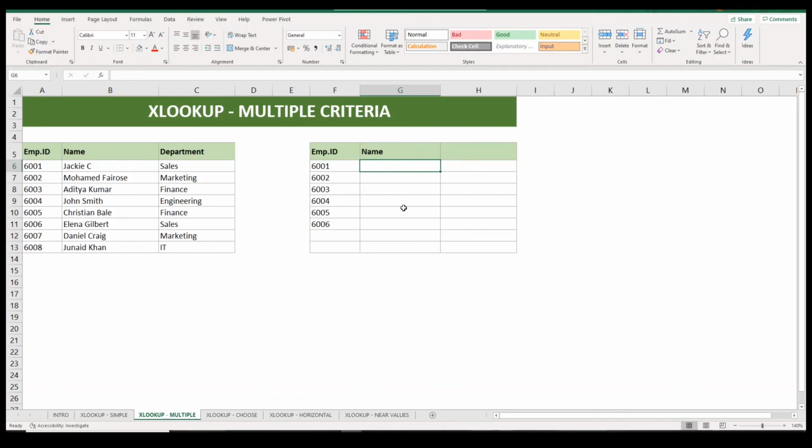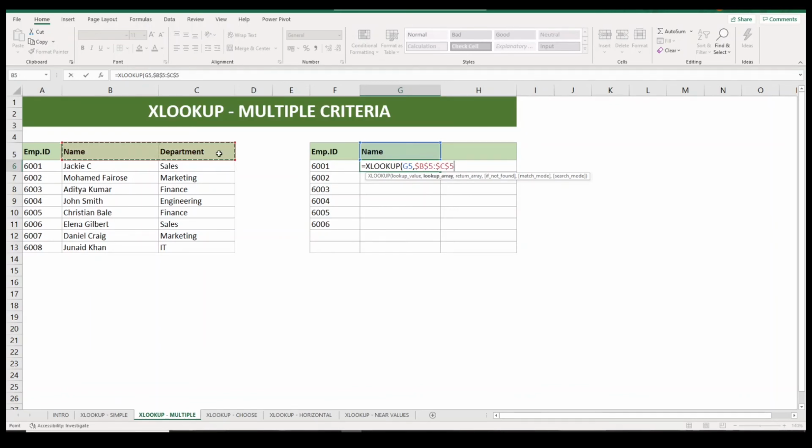How will we do this? We will type in the formula XLOOKUP, and first you need to select this cell and comma, and now the lookup array this time will be your column headers row, and now the return array. This time we will again put one XLOOKUP formula here,